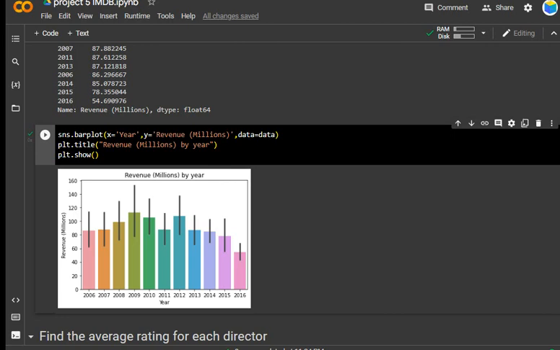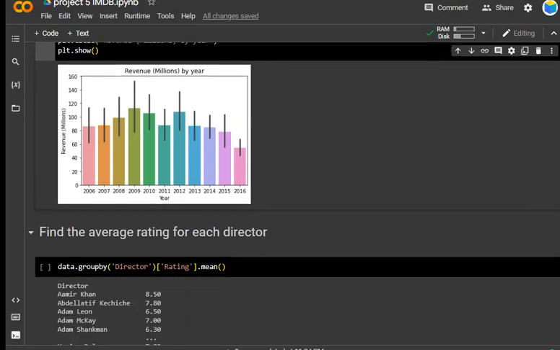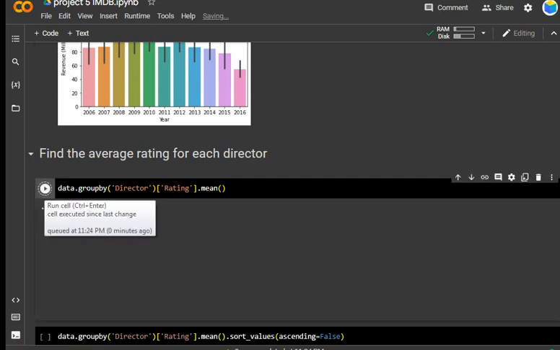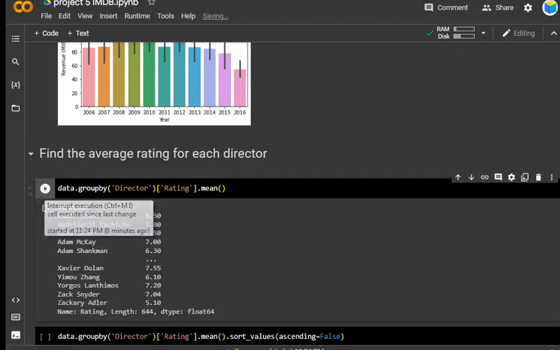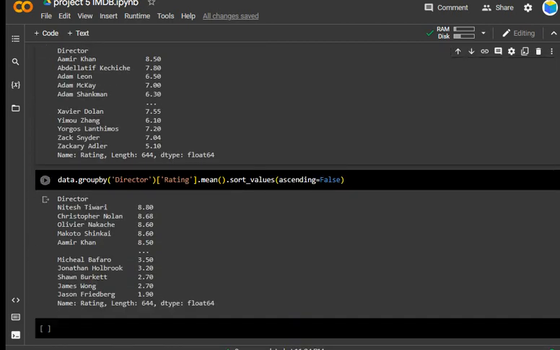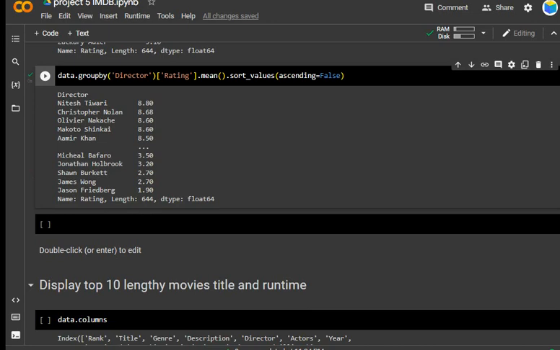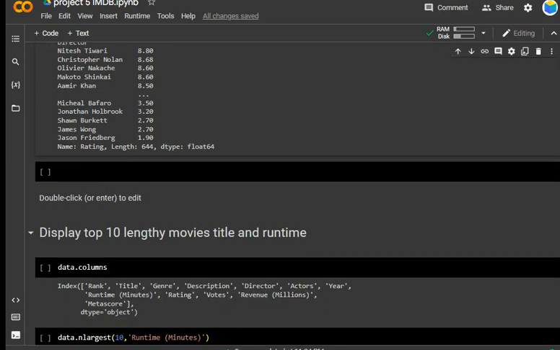Okay, so find the average rating for each director. So let's say here, so the average rating has been given for each director. Now the data group by directors and rating, mean, dot sort values ascending false. So look here, Nitesh Tiwari has been given the first. Similarly, I want to display the top 10